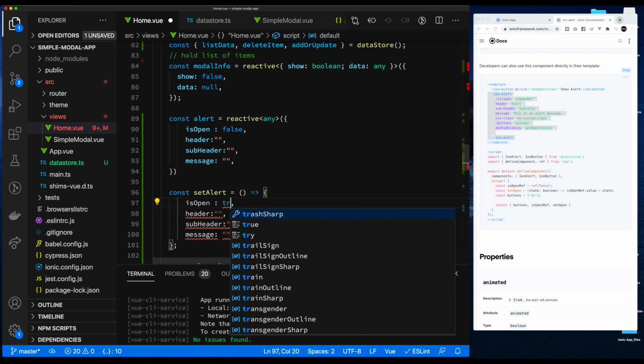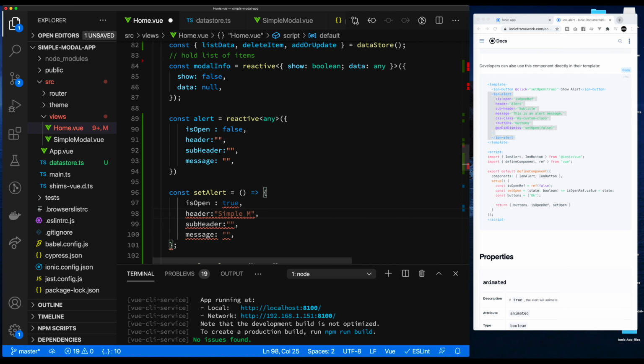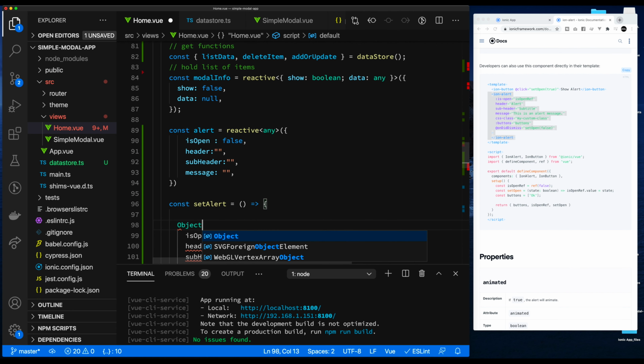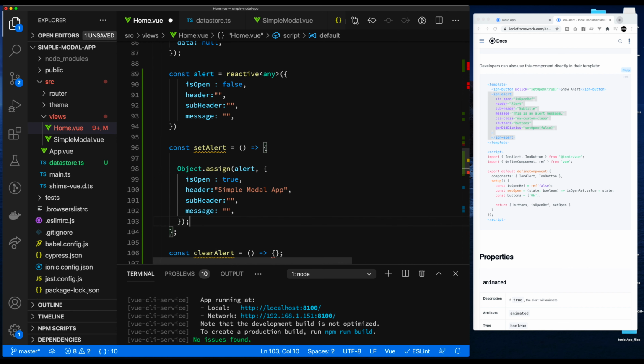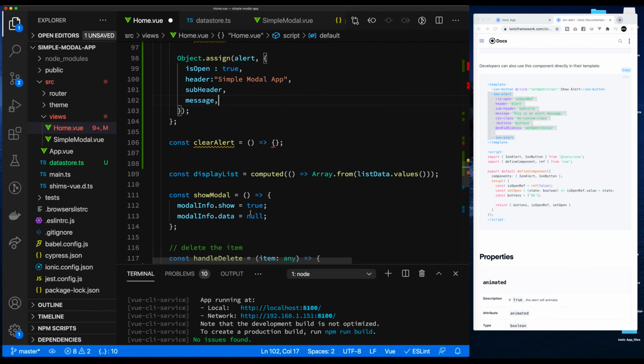All right, so now here inside of setAlert, clearly when you want to set an alert, you want to show it. So we need to set isOpen to true. We're going to do an Object.assign to move all these new values into my alert object. As I said, we have isOpen set to true. The header, subheader, and message need to be defined, and those will be parameters. So theoretically, in a larger application, you'd want to reuse this function. The way I'm setting it up is you can call setAlert and define what you want the subheader and the message to be. We're going to keep the header a simple Modal App because that's the name of the app. So that should be the header, and then the subheader and message will provide a level of specificity regarding the